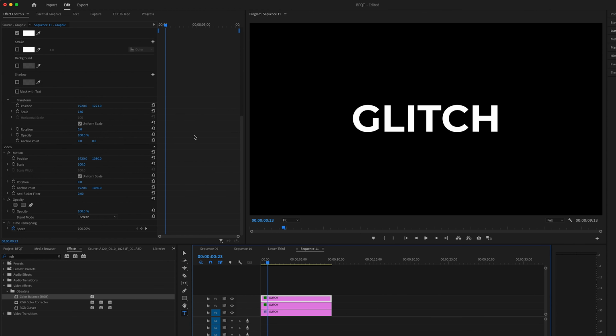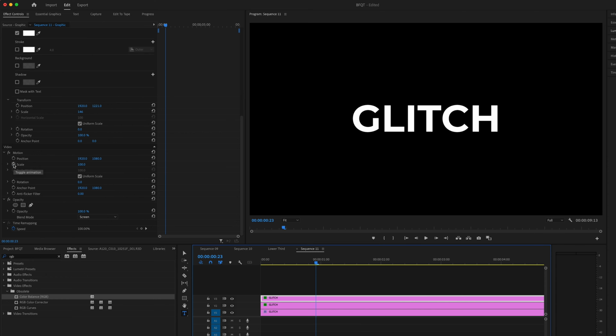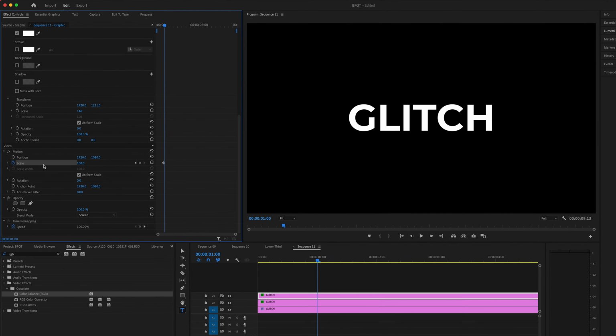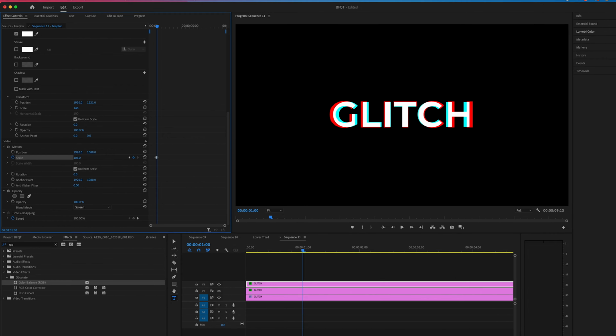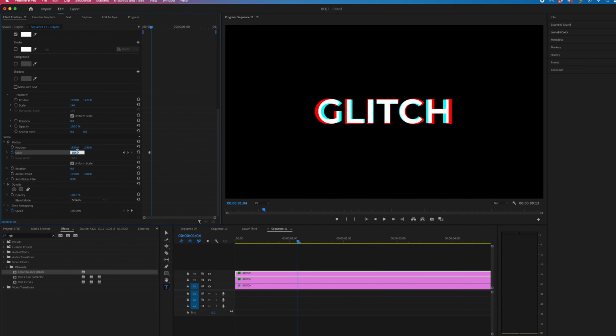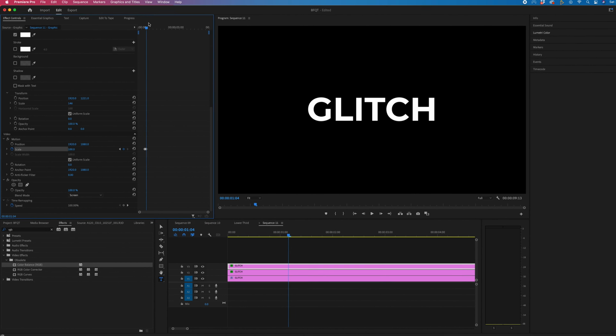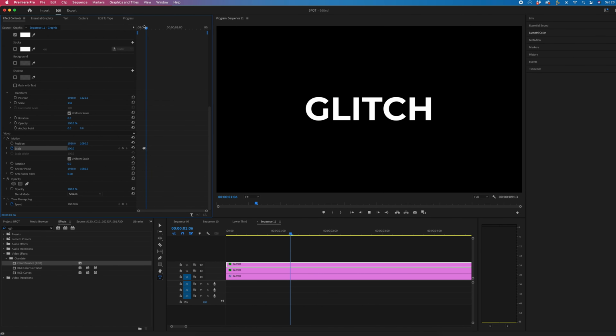If we go onto Video Layer 3 and we create a new keyframe on scale at 100, move over 2 frames, pull up to 105, and move over a few frames again, then pull back down to 100, you'll notice you get this glitching pulse, which looks really cool. And you can copy and paste those keyframes over and over again, and that's going to create this really cool